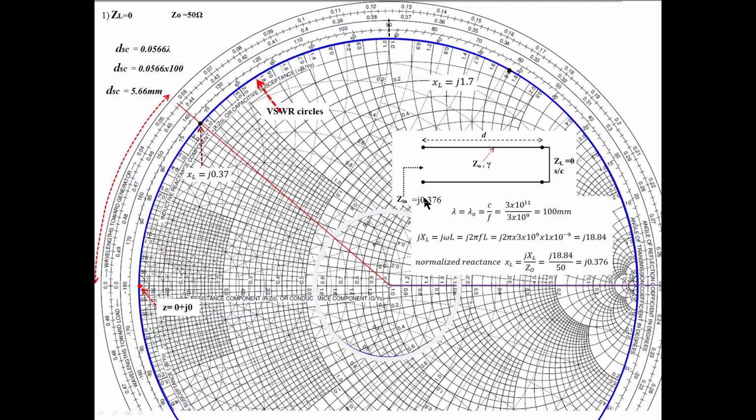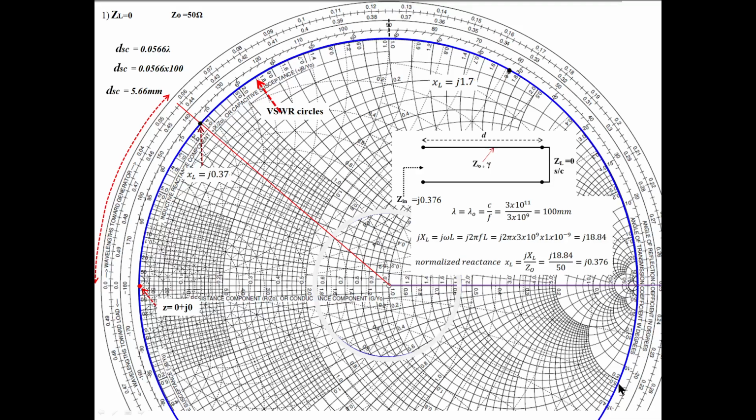We have a normalized reactance, which may be a capacitor. The value you got is minus 5. Then you should stop here, this is minus 5. Starting from here, go on measuring the distance, and where you stop, measure the distance from here to here for the minus 5 reactance value. If you set that distance, it gives the normalized reactance of minus 5.